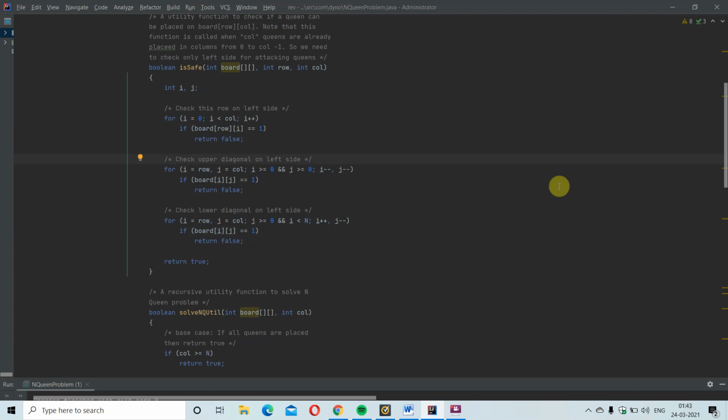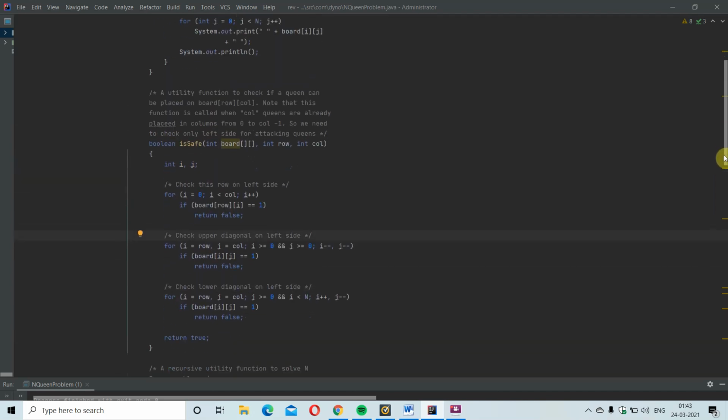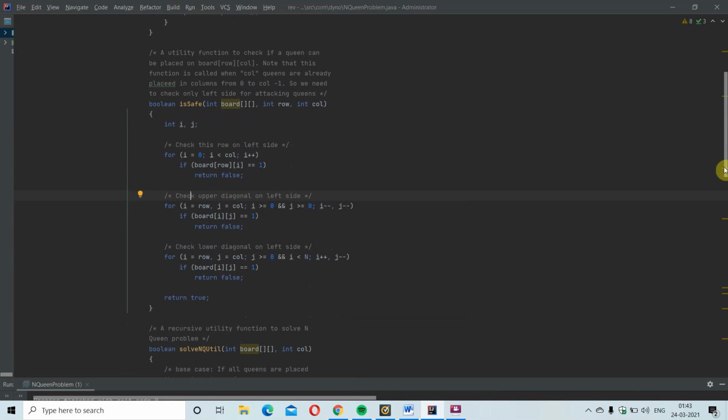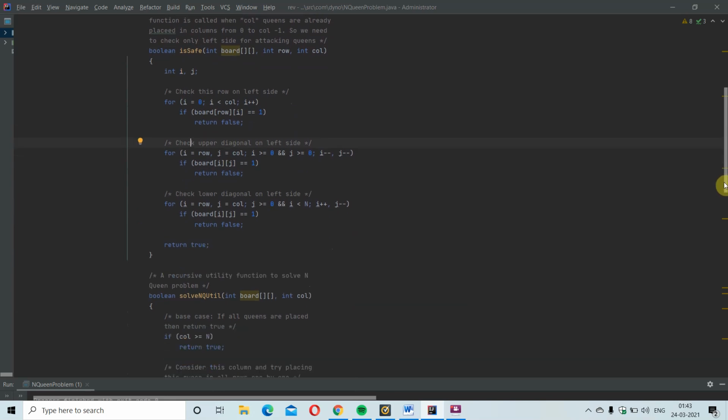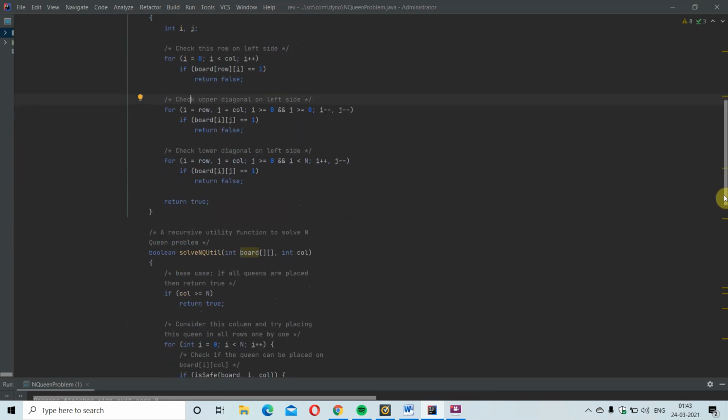Now I am using a recursive utility function to solve the problem. Till now we have created the board, and checked whether the queen is safe, checking the upper diagonal on the left side and the lower diagonal on the left side. Now comes the solving function.